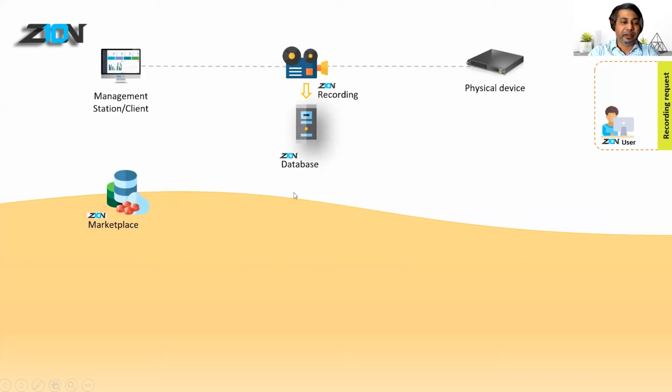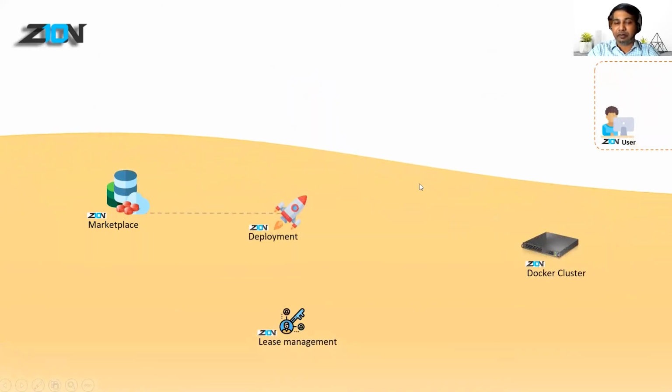Let's assume somebody wants a particular device recording and that's already available in the marketplace, they can readily go and start using it rather than recording those devices. What we're trying to build is a good repository of simulated devices which are available in your marketplace so that the users can leverage that rather than trying to find a physical device and then recording it. So the user gets an email notification once the recording is complete. So that's how the recording workflow is.